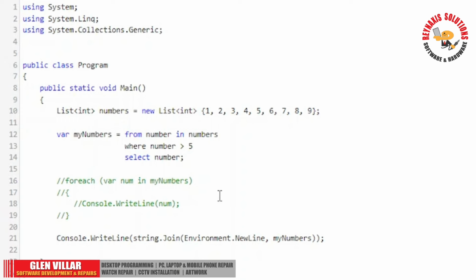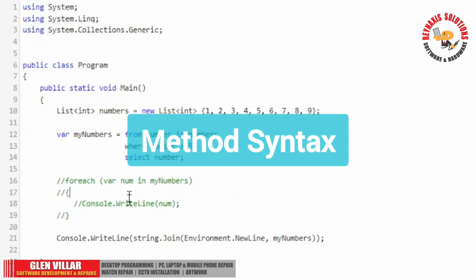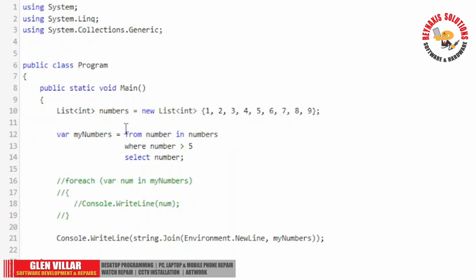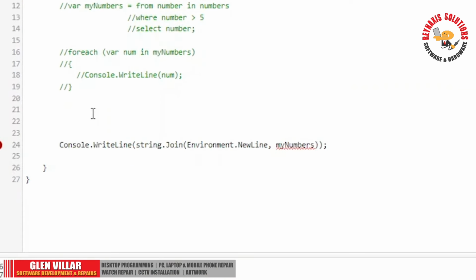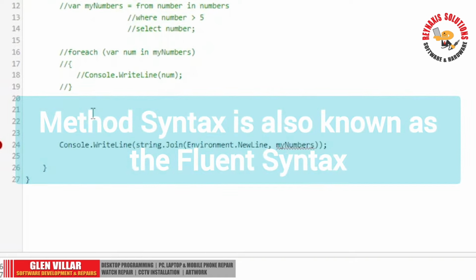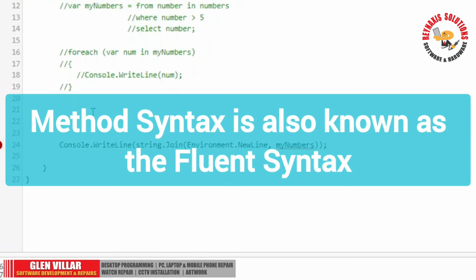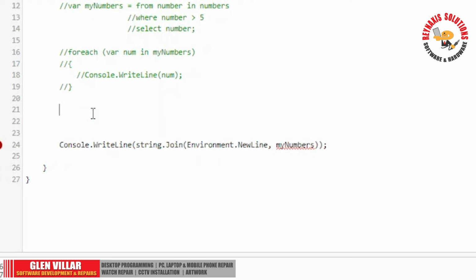Another type of syntax for LINQ is the method syntax. So let's go ahead and highlight this one. Okay, here we'll just comment these lines out. Once we've commented them, we can ignore them and write the new code below. The method syntax in LINQ is also known as the fluent syntax. It is an alternative query syntax and uses method calls. So method calls are like